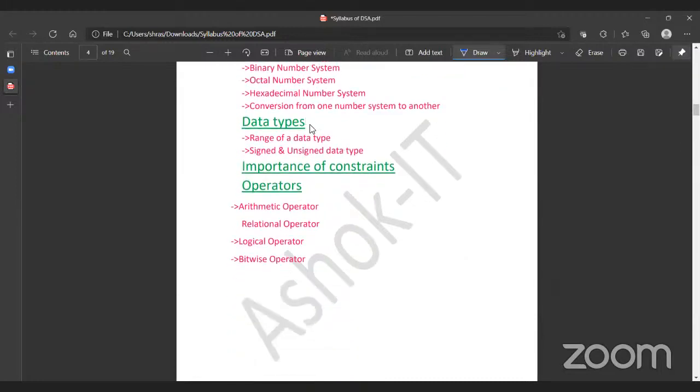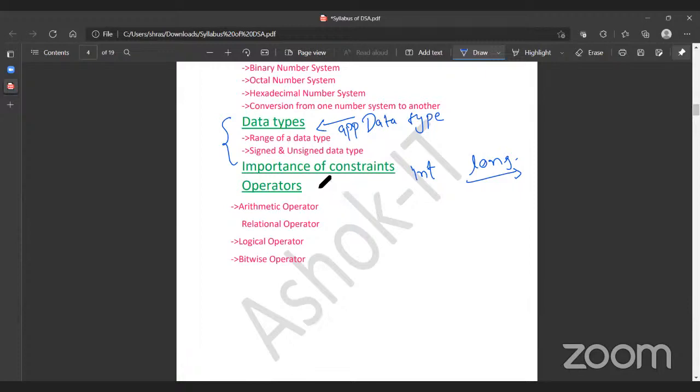Data types. Why is it getting covered? Because for any question you are writing, you should know what the appropriate data type is. It's not like, for a number, int can be used for storage or long can be used, so for better purpose you use long even if it's not needed. While learning the data types, you will actually know when to use which type of data type. And that's going to help in the long run.